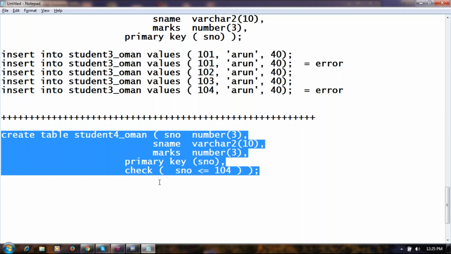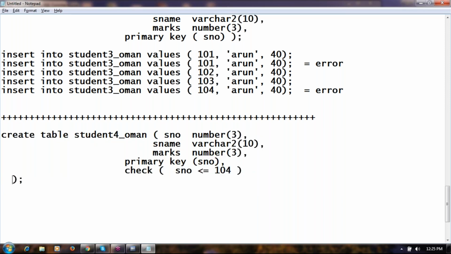No composite check. If I want another check, then I have to go with another check on the marks column. Maximum marks is 100, so marks should be less than or equal to 100.